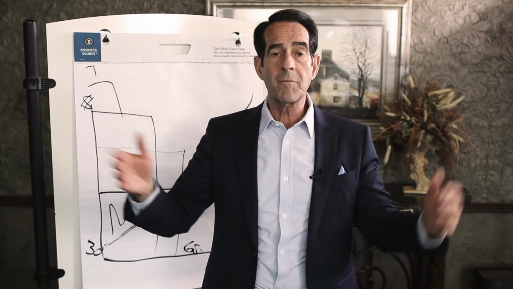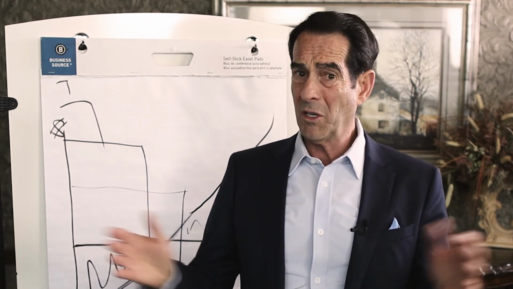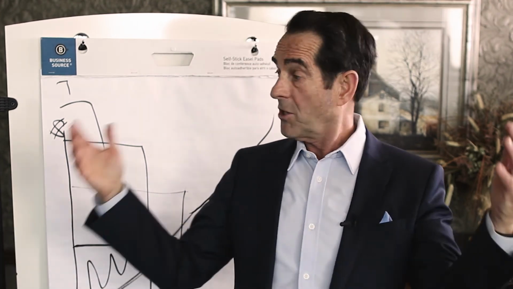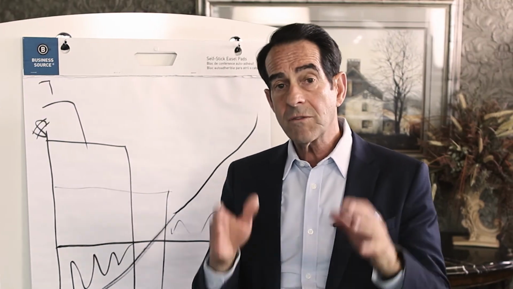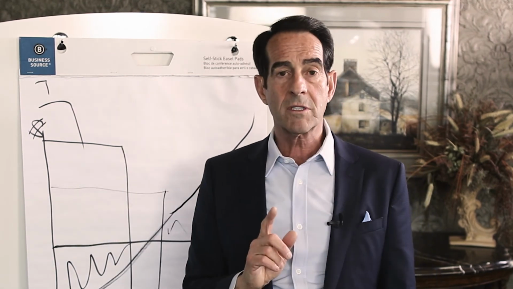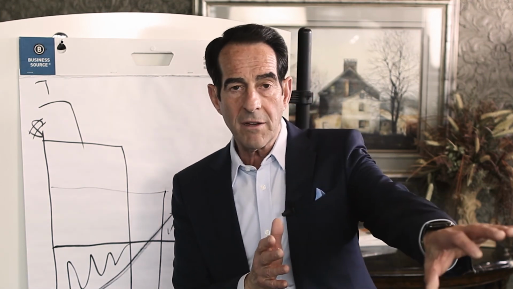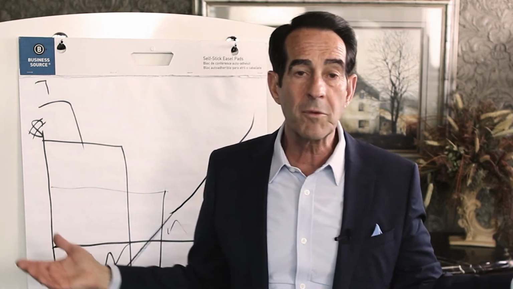The whole concept of indexed universal life, the brainchild of E.F. Hutton, is let's buy term and invest the difference, but let's do it totally tax-free, and we'll dramatically increase the rate of return, and you will be self-insured. In fact, most of my policies within 10 years, the cost of insurance is totally covered forever from a minuscule portion of the interest I'm earning. The cost of insurance actually goes down, not up. The amount of risk that the insurance company is covering is less because the death benefit is 95% my own money.